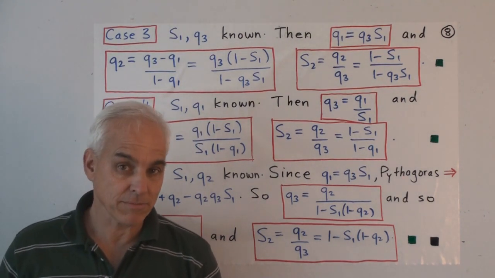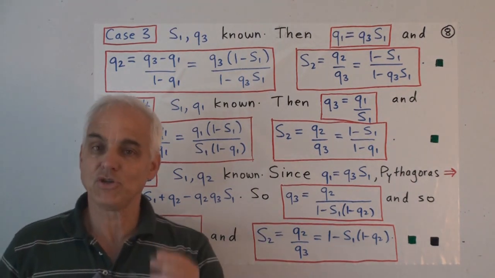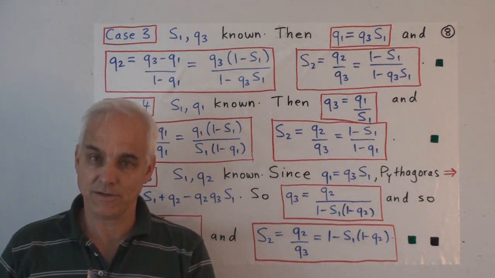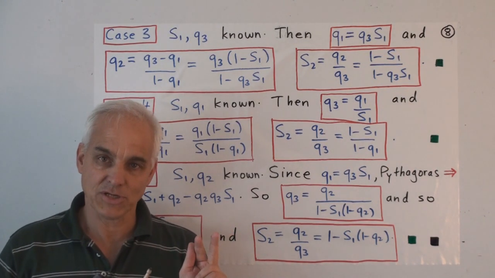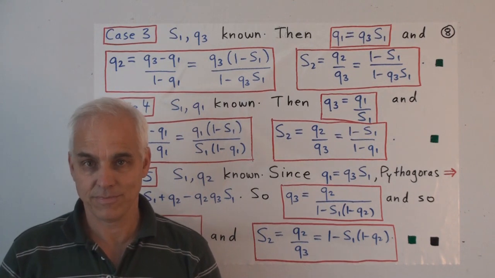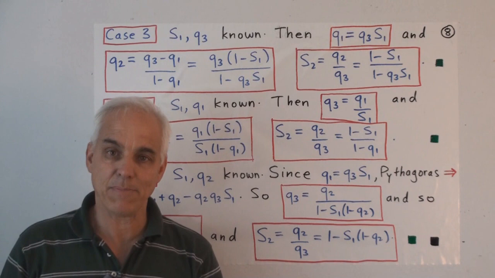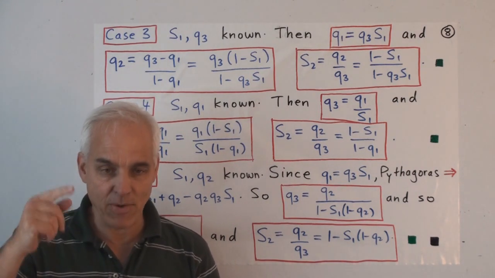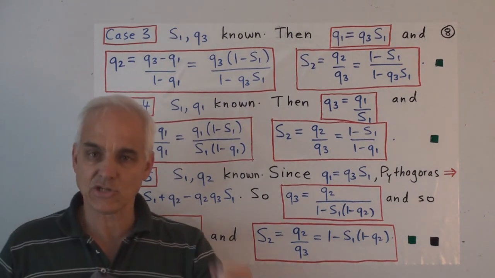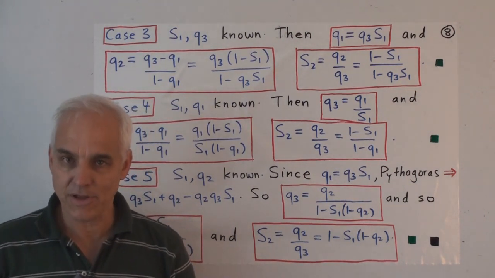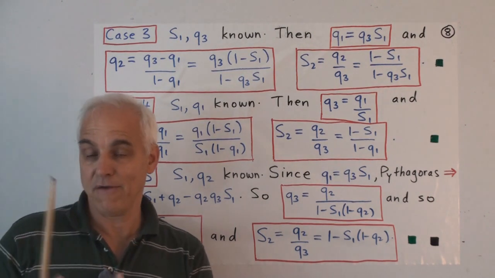Do I want you to memorize them? No, definitely not, because there's too many of them. I want you to remember that they can all be obtained from the three basic equations: the two Thales equations and Pythagoras' theorem. So in any situation where you need to apply Napier's rules, just remember the three basic equations and say, all right, I remember the basic idea, just basic high school algebra, a little bit of fiddling around will let us calculate the other three if we know any two.